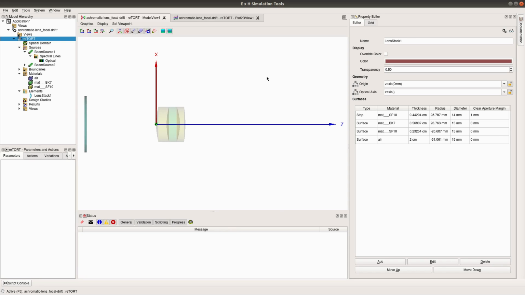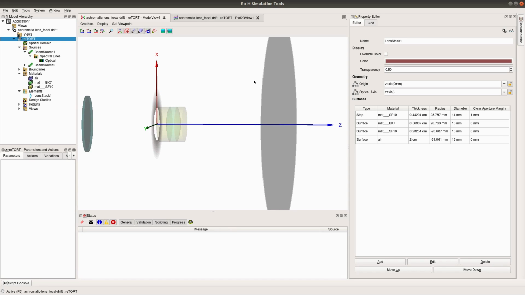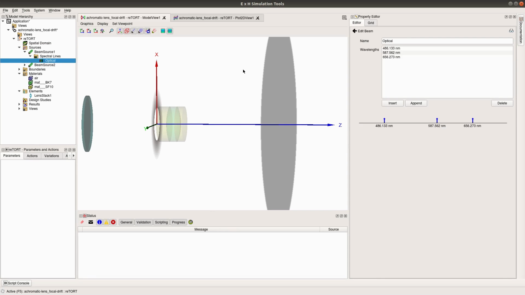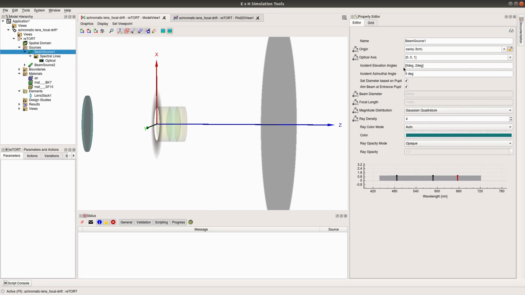What we have here is an achromatic lens triplet using BK7 and SF10 glasses. This lens has a diameter of 15 millimeters, is roughly 1¼ centimeters long, and has a back focal length of 40 millimeters. This design was optimized over 3 wavelengths from 486 to 656 nanometers and over 2 angles, 0 degrees